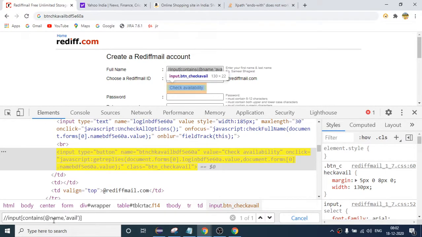You can also remove A here, L here, I here, A here, and it will still identify it uniquely. But you can see it gives 1 out of 3 this time if you remove more, so it is better to give some more. After that it identifies it uniquely, right? So this is also one of the ways to write the XPath. Is it clear to everyone?